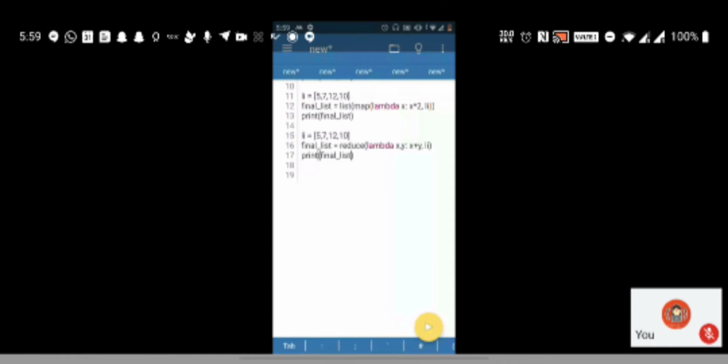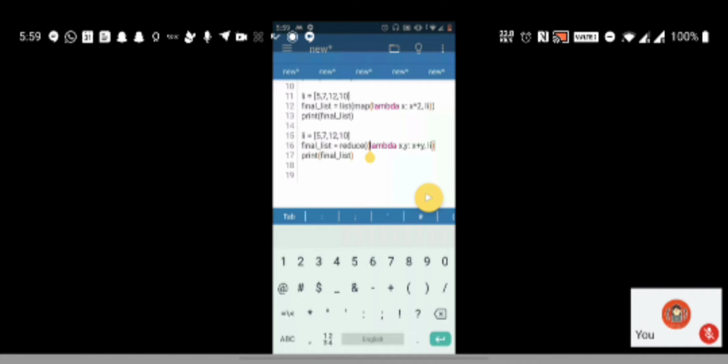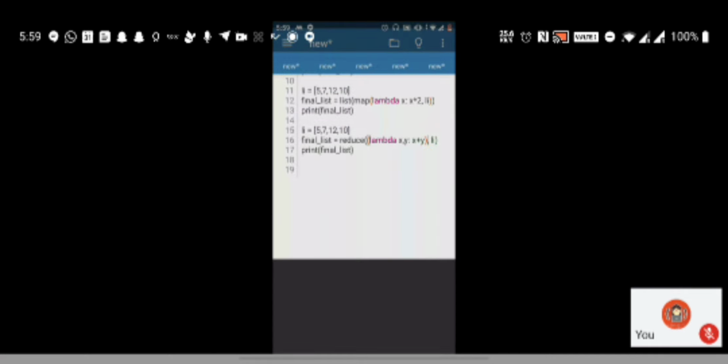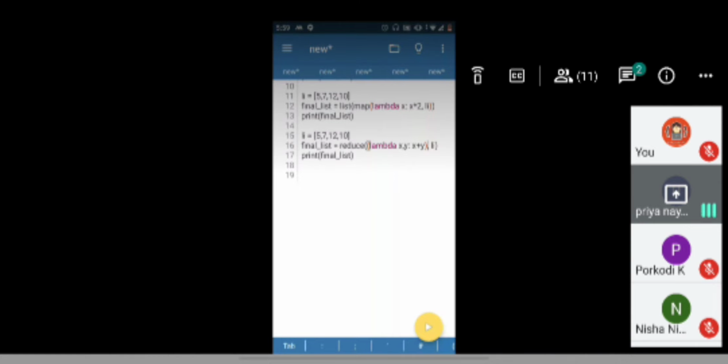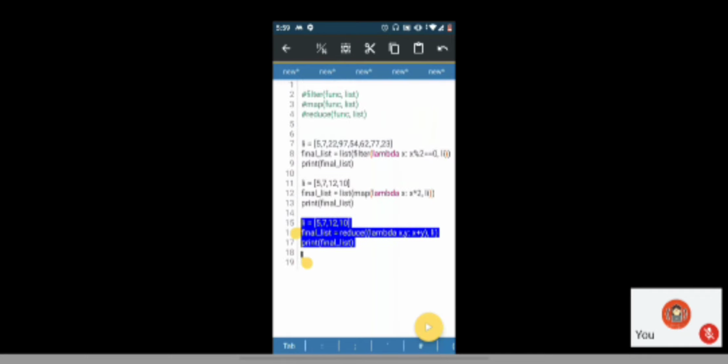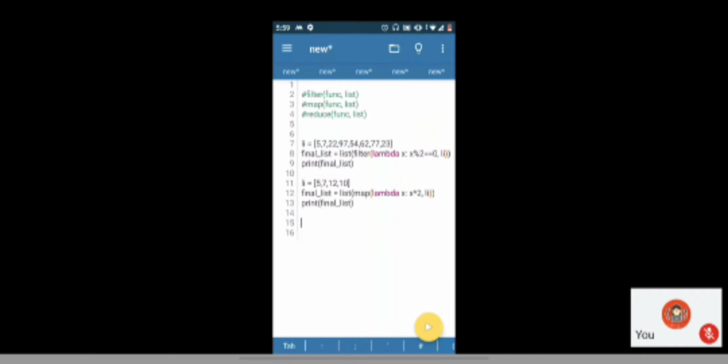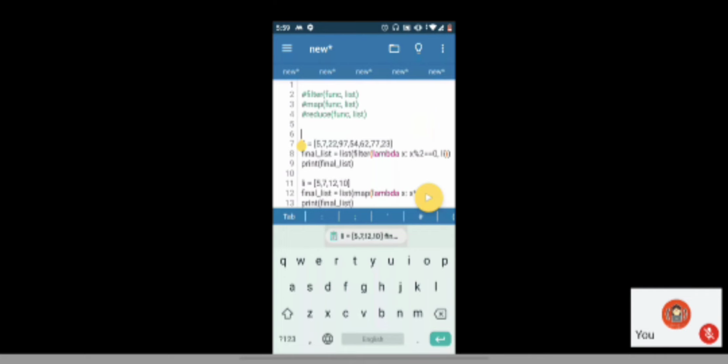Reduce, it should work, okay, so the function has to be... reduce is not defined. Okay, maybe this is not user defined, you will have to import it from somewhere. So maybe we'll see this later on, because you don't know what importing means right now. Right now, the whole point is to make you understand the meaning of higher order functions, and how lambda functions can be used inside a higher order function.